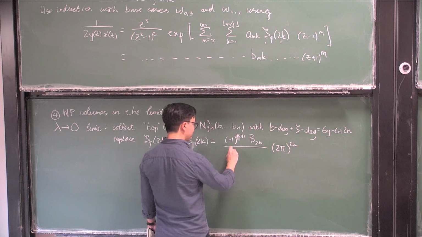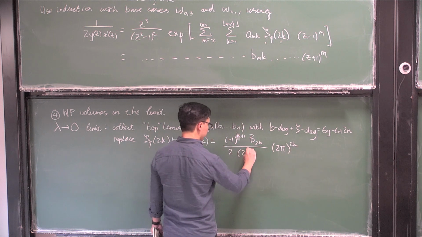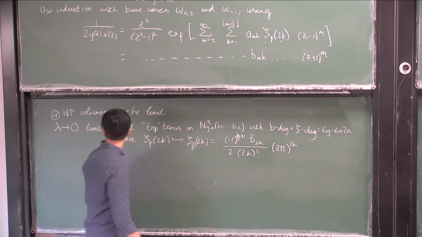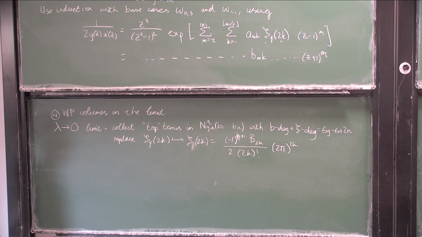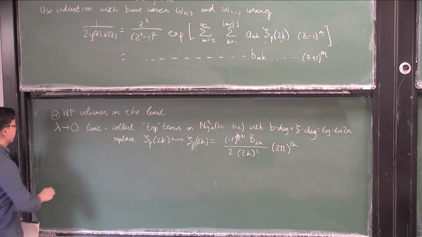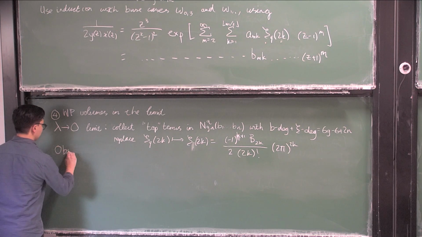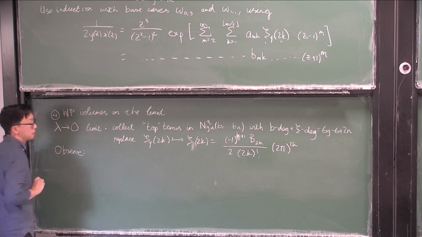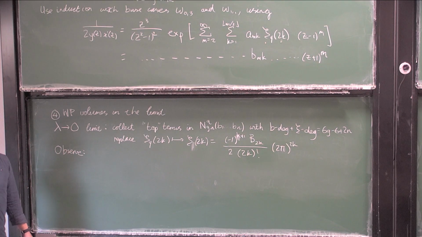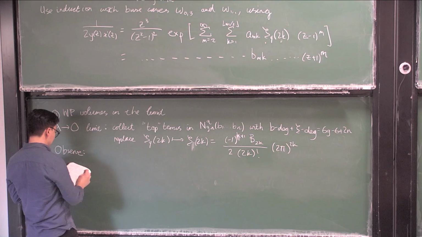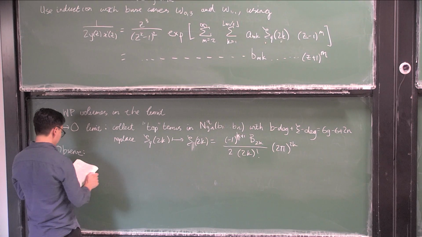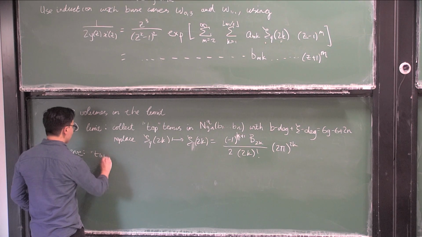So this is a Bernoulli number, and then there's 2 times 2k factorial here. Okay. So that's the procedure. That's what happens when you want to take this limit. And so to see these Weil-Petersson volume polynomials arise, we just make a little observation, which I won't necessarily explain, but these top terms,